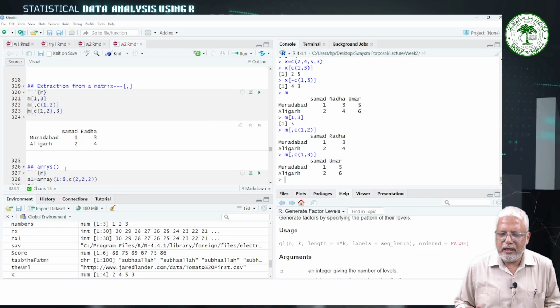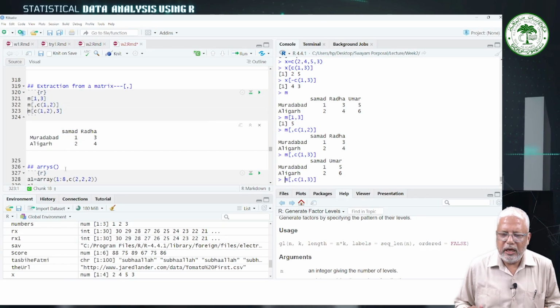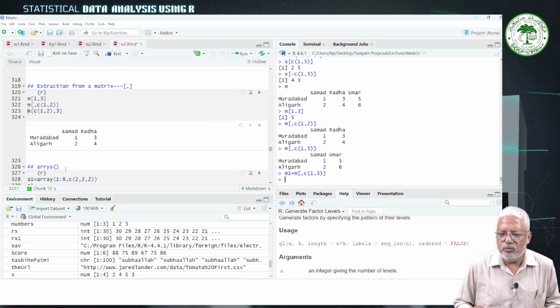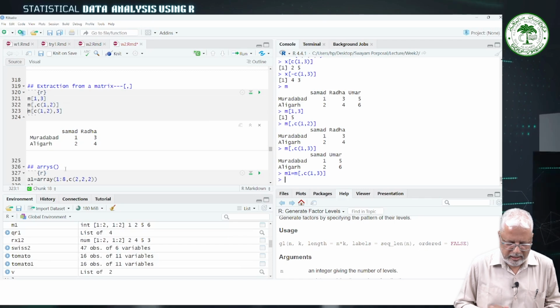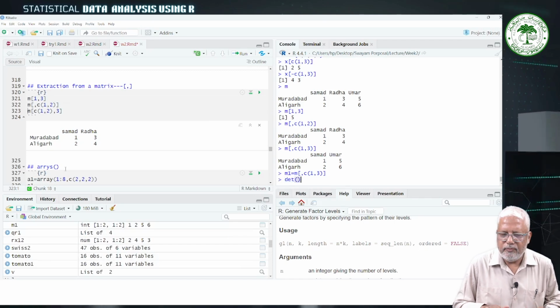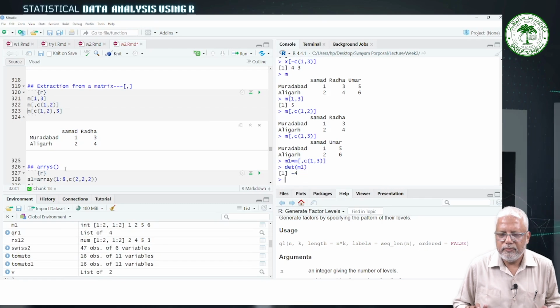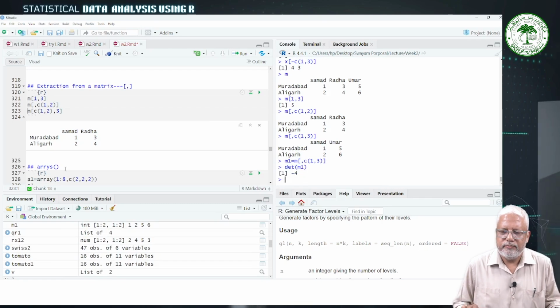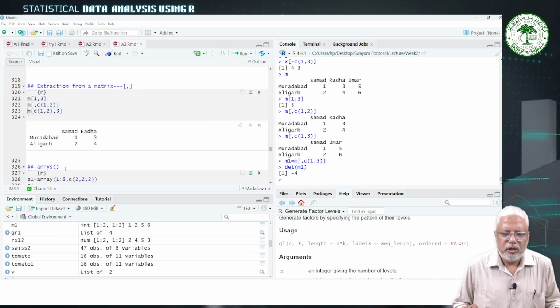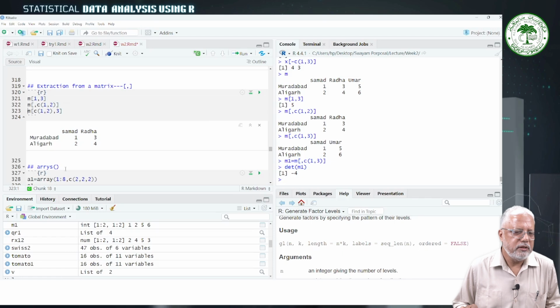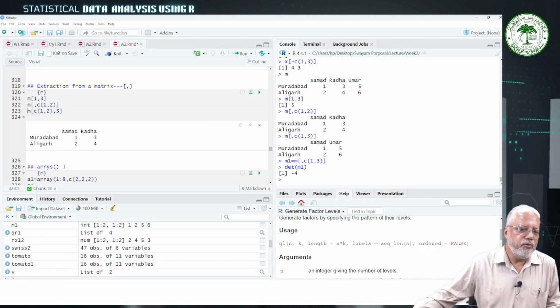Even you can assign another object M1 to this, and you can do anything after that, like dit of M1 or any other operation. So this way you can extract. Here, before the